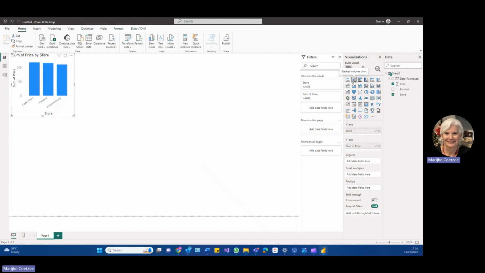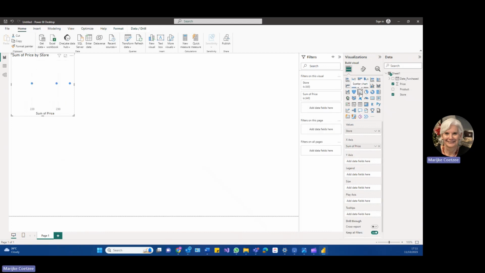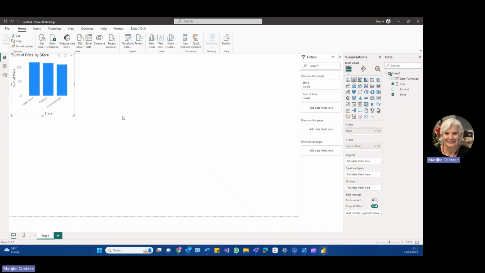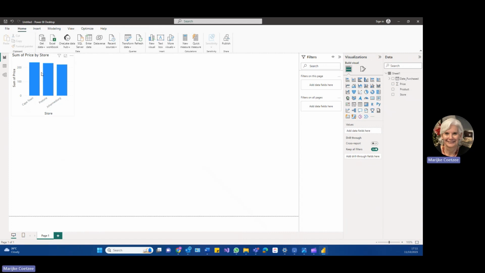What you can see is this is called a stacked column chart. I think it's important that we know that if I, for example, choose this one, it's really not going to be very helpful. It gives you information, but as you go through many of these, it doesn't mean anything. You must make sure that you understand what it is you want to display and that you are using the most helpful of the views that are available. Okay, so there I have my view, and as I click on them,